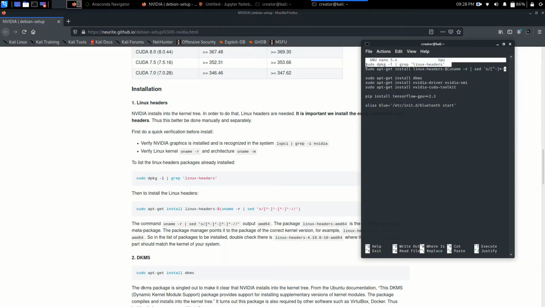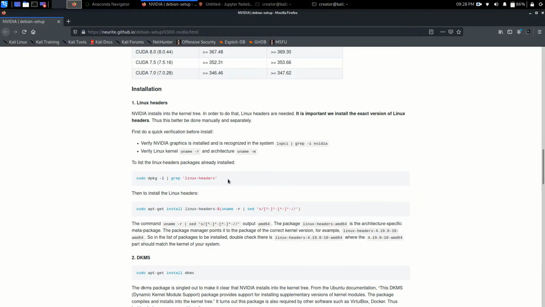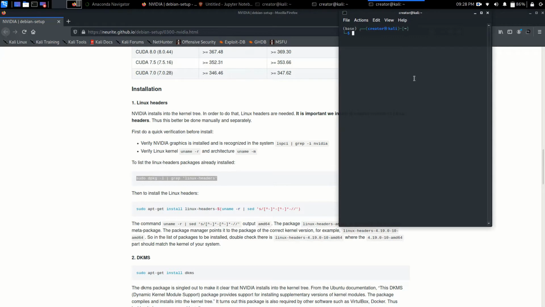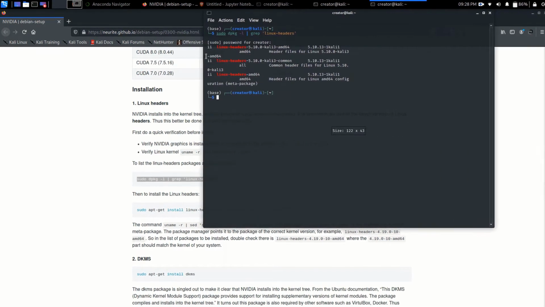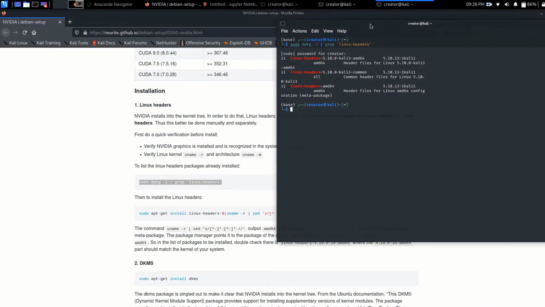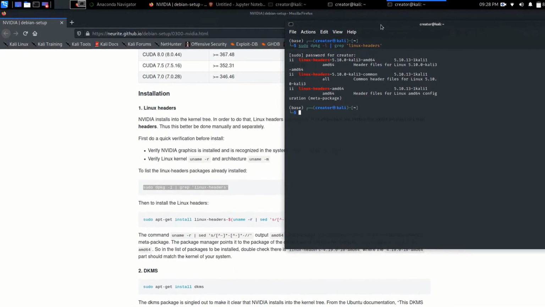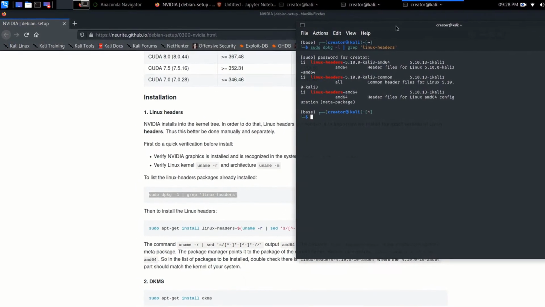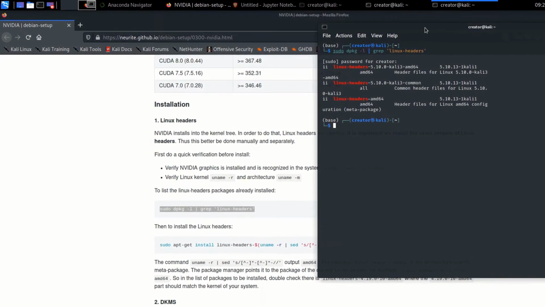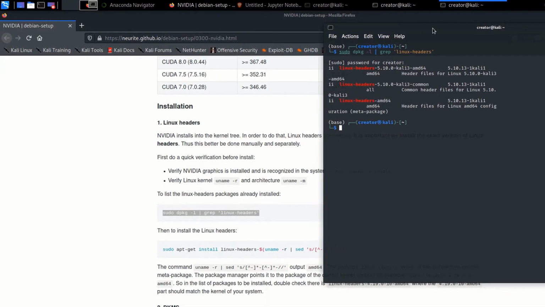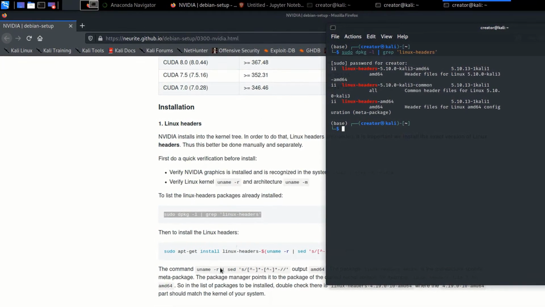First of all, we are simply going to copy paste the first line. Okay, let me copy from this website, open up a new terminal and paste it here. And okay, let me enter my password. Here you can see that this is basically listing the Linux header that you are currently running, because we need this in order to install the latest version of our kernel. So we are basically going to update our kernel so that our system knows which kernel to use so it does not get faulty.